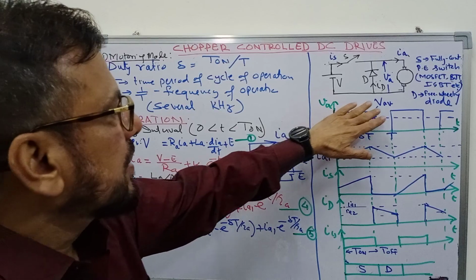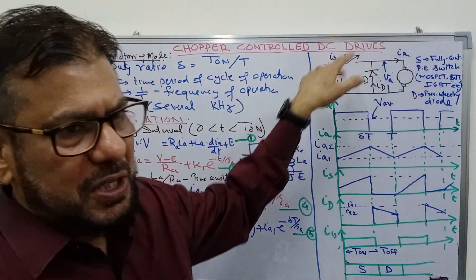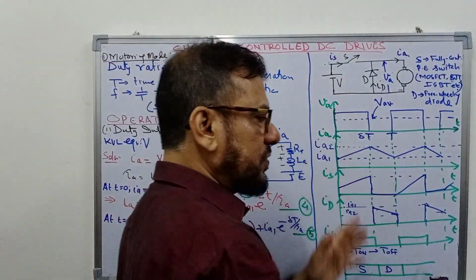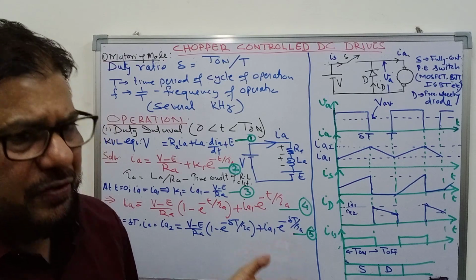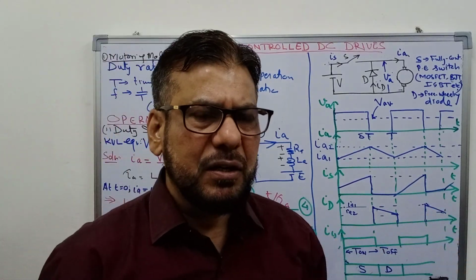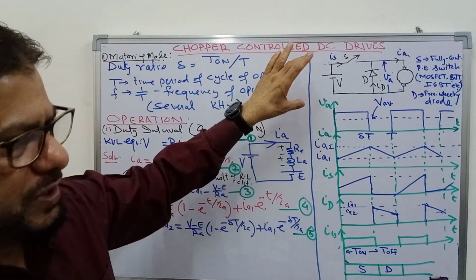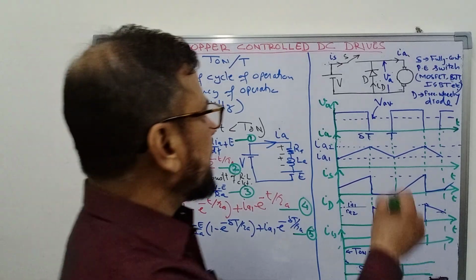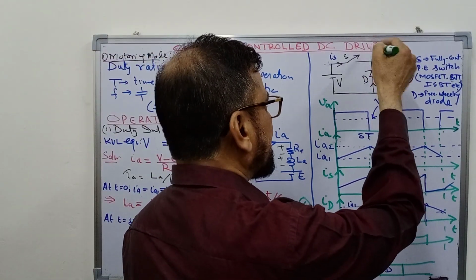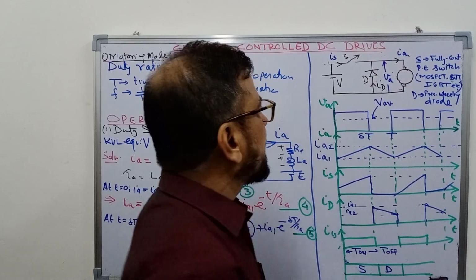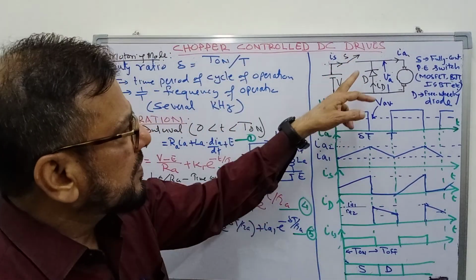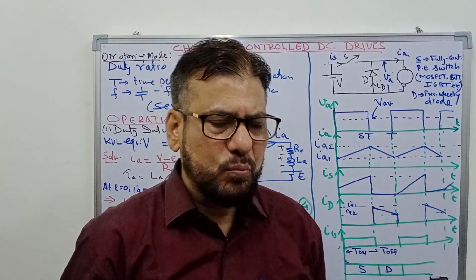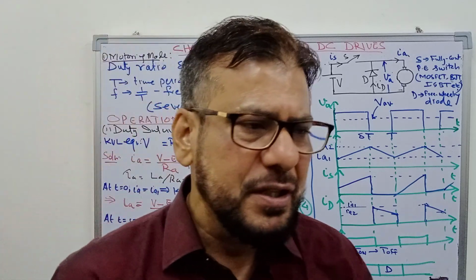So you can see here, this is a simple diagram for a chopper controlled DC drive, where this is the DC voltage source. It can be some battery or some PV panel, or it can be some voltage source coming out from some rectifier. So it is a DC voltage source, and we are using here a switch, that I have shown by the symbol S and by this arrow. This should be a fully controlled power electronic switch like MOSFET, BJT or IGBT.